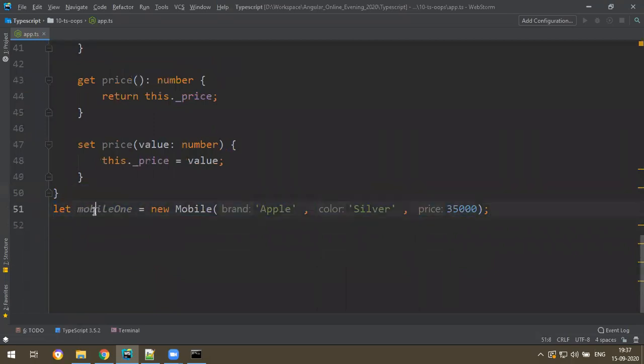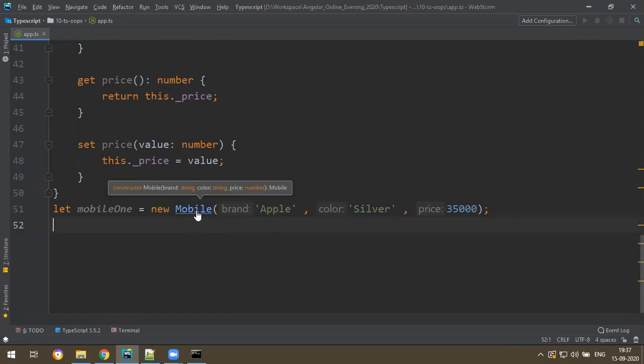What I'm doing: let mobile1 = new Mobile with this property, this value. It means when you call new Mobile, at this moment it will take all these properties and call a function called the constructor of Mobile. If you want to know the flow, keep pressing the Control key and keep the cursor here. If you just hover, you can't see anything.